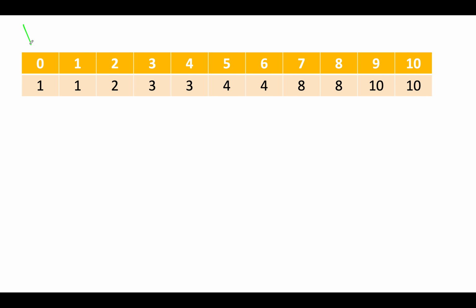Let's take a slightly longer array and let's initialize low to 0, high to 10. Let's find out the middle element. The middle element happens to be 5. And 5 being an odd number, what do we do in such case? We check whether the middle element and mid minus 1 elements are equal. They aren't equal. So what do we do in such case? We can simply discard the rightmost part of it because we are sure that it won't lie over here. So high gets updated to mid.